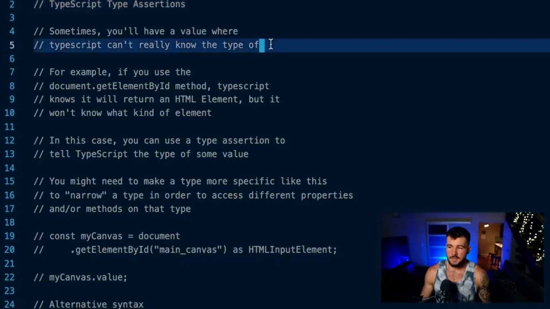Type assertions in TypeScript and why they are even useful. Sometimes in TypeScript, you'll have a value in which TypeScript isn't going to be able to know the type of that value. For example, if you use the document.getElementById method, or you get an element from the DOM, TypeScript will know that that element is going to be an HTML element, but it's not going to know the specific type of HTML element. For example, it's not going to know if it's an HTML input element or a list item element or different types of elements. And in these cases, you can use a type assertion to basically tell TypeScript, okay, I know